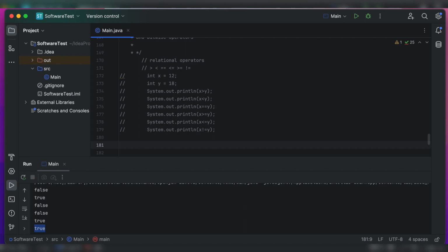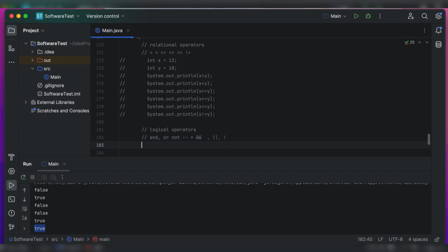The second type of operators, in addition to the previous arithmetic operators and the current relational operators, is logical operators. Basically, logical operators are AND operators, OR operators, and NOT operators. And in terms of Java, we can write AND as two ampersands, OR as two bars, and NOT as an exclamation mark. Before diving into the programming using these logical operators, let me remind you of some basic logic operations